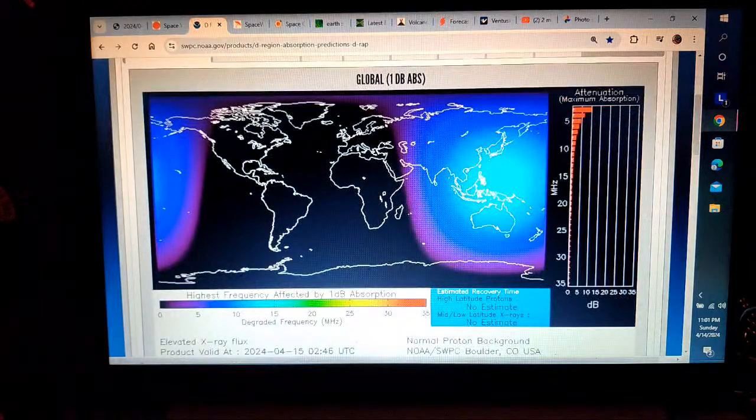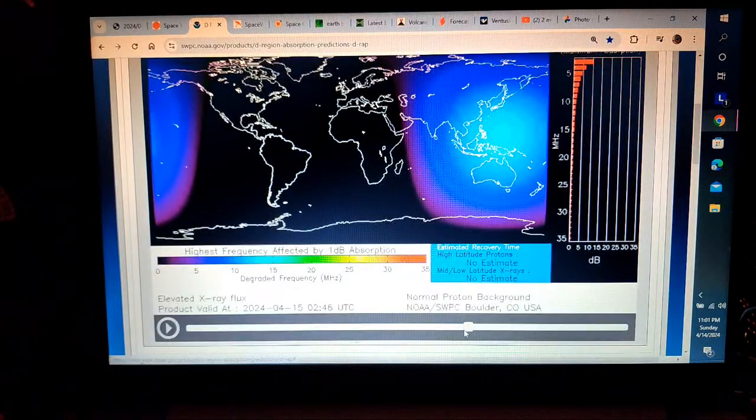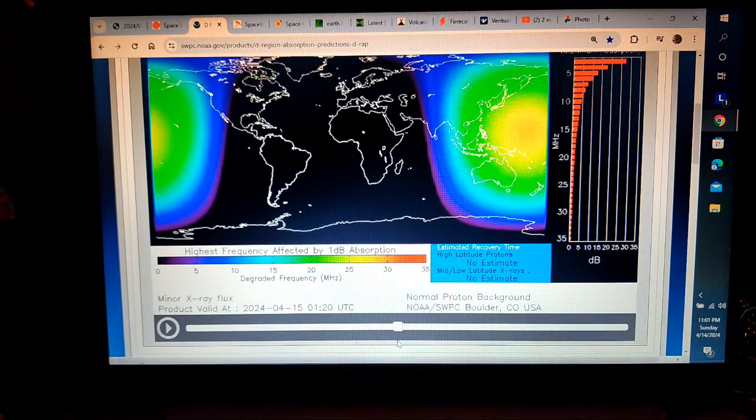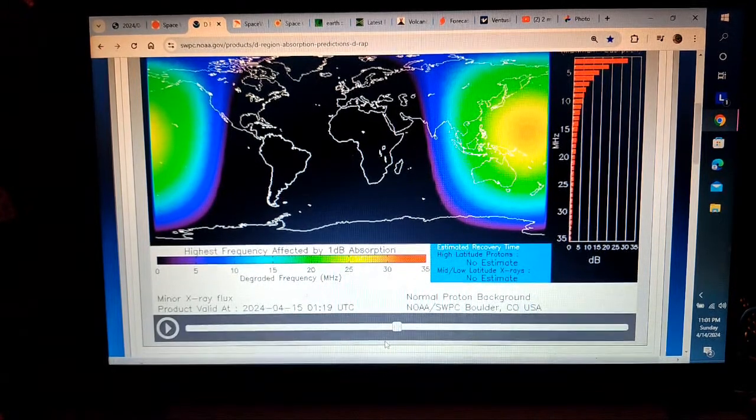I'm a stickler for absorption. So we did take on a little more energy. And that little bit right there doesn't look like much, but don't